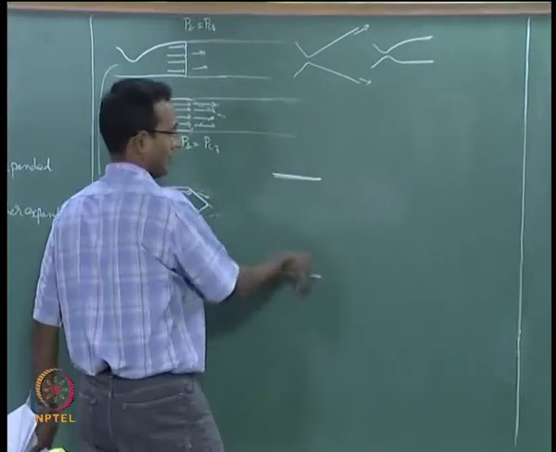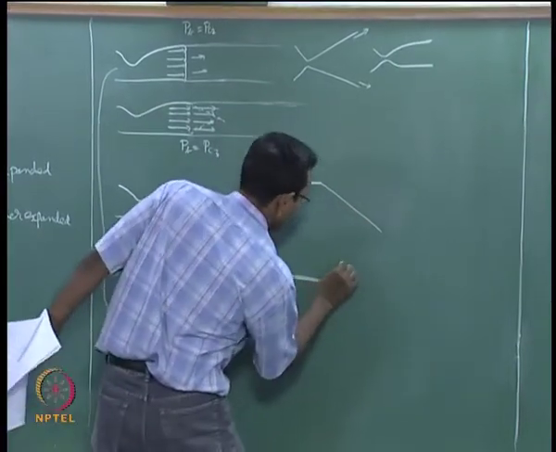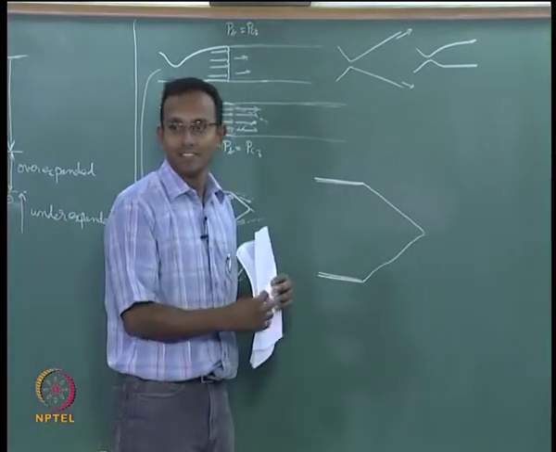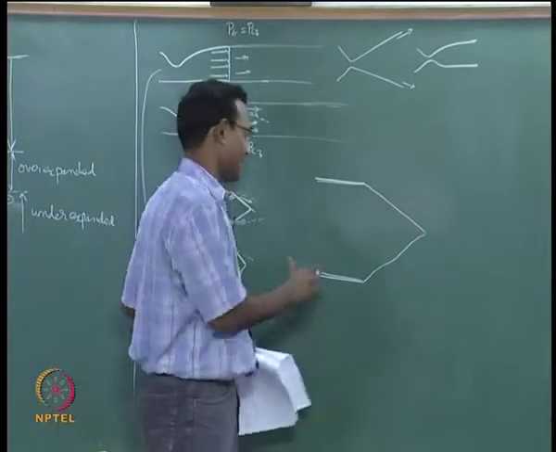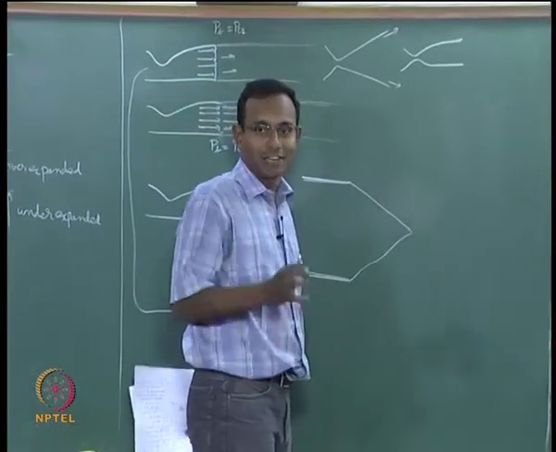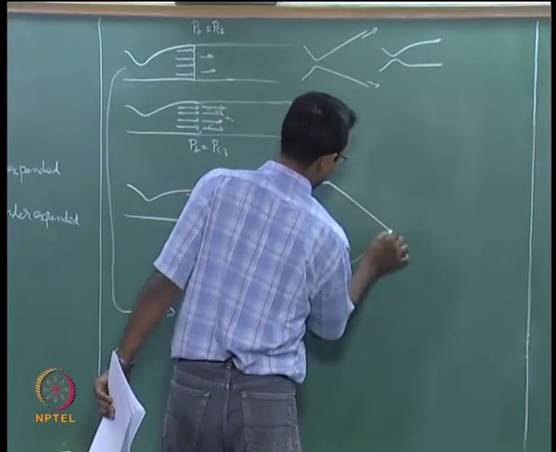This is my full nozzle and I am having an oblique shock from both sides. I just wanted to draw it slightly wavy, okay, so that you remember that this is a shock. Ideally you should just draw straight lines because in real life it is a straight line. Okay. When you see pictures from experiments, it will really be a straight line.